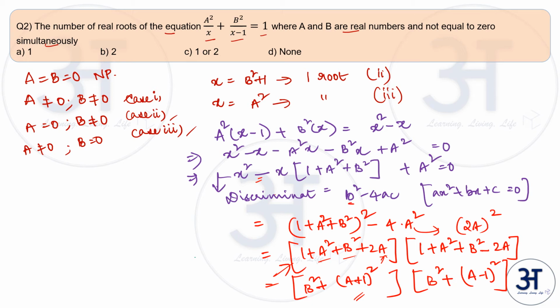Now if the discriminant is positive, that means the roots are real. So if the discriminant is equal to 0, then the roots are equal. If the discriminant is greater than 0, then the roots are distinct and real, right? This is the case when discriminant is positive. So hence there will be 2 real roots in this case. So this is in case 1. So from case 2, 3 and 1, we have either 1 root or 2 roots. So the answer is C.